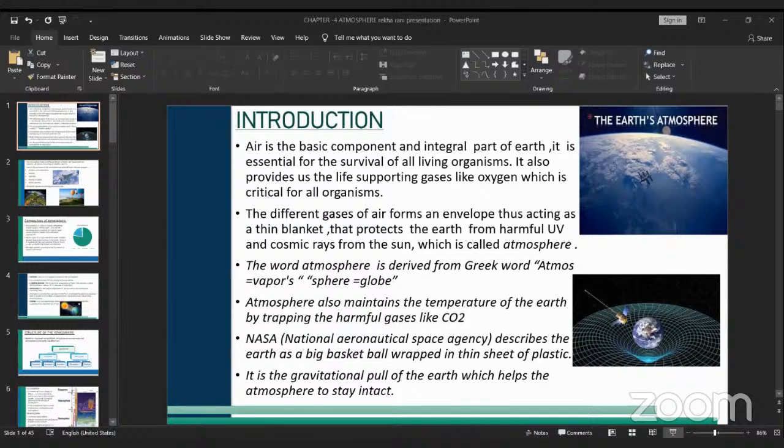Now, in the second session, we discussed air pressure, which is a force exerted on the surface of the Earth by air due to gravitational force. It is nothing but the air that is spread around all of us. Sometimes we feel it like a breeze, and sometimes we see it as cyclones, when the air is blowing. It is highest at sea level and lowest on land. It is measured with the help of the barometer.